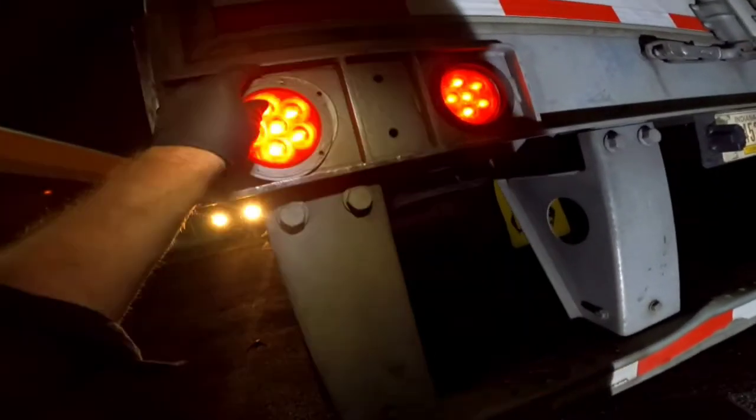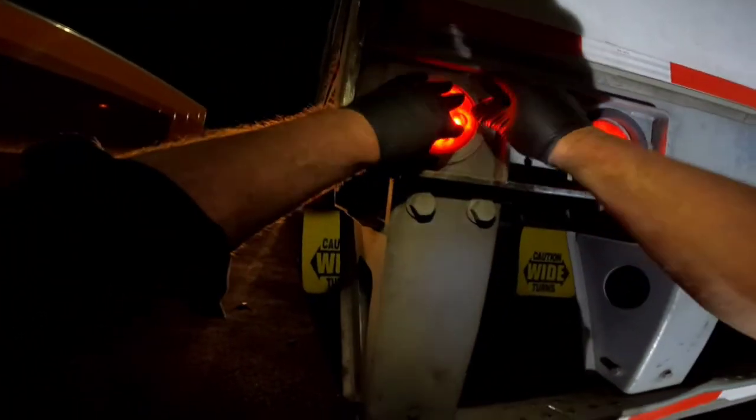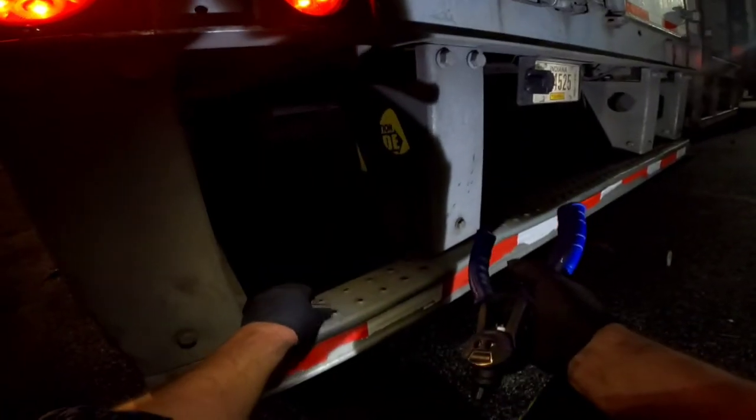Alright. This is what we'll do. Let's rivet the two in. Don't worry about that other one for a minute. I'm not gonna rivet them all the way in, just enough so they stay there. Maybe I can get